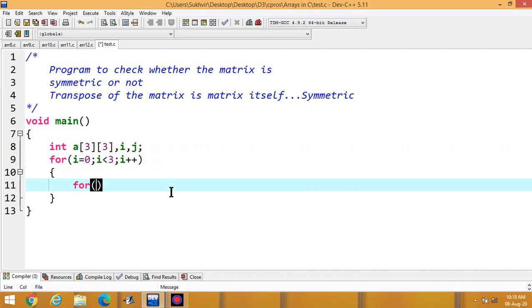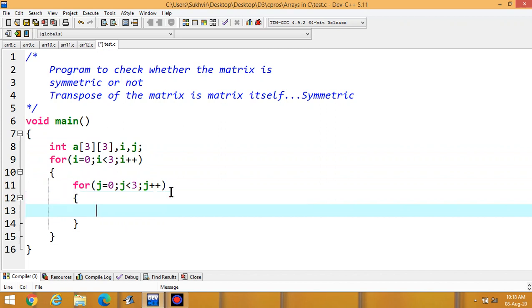Then the second for loop, j is equal to 0, j less than 3, j plus plus. Then the entry of the elements, scanf, then ampersand a i j. In this way, you can enter the elements of the matrix.